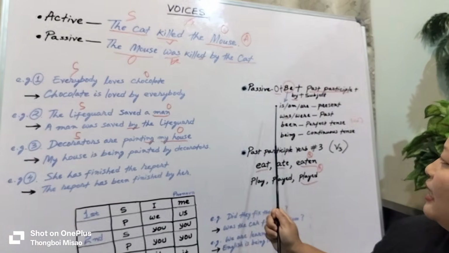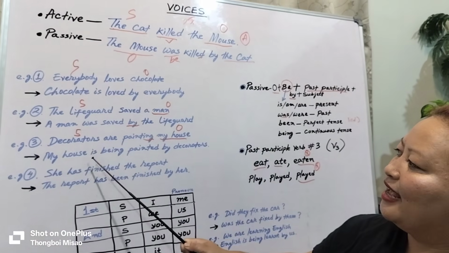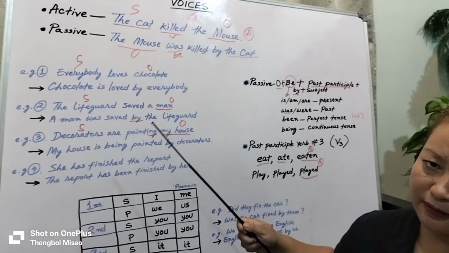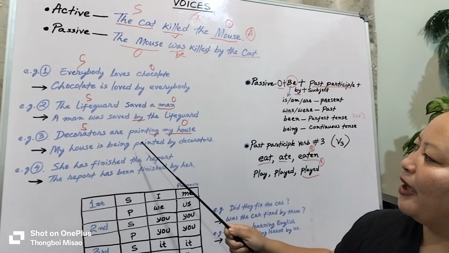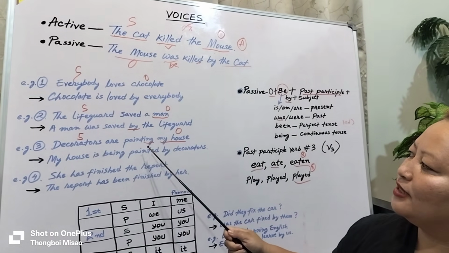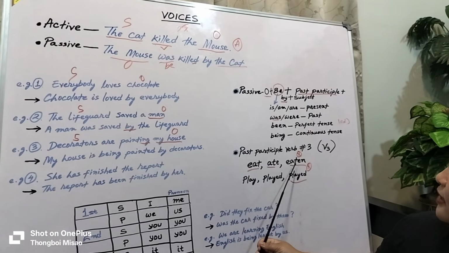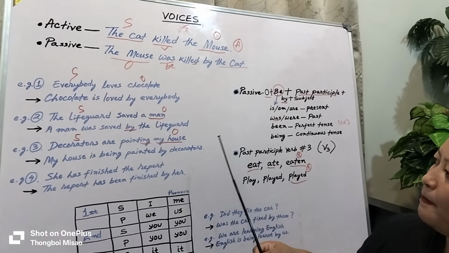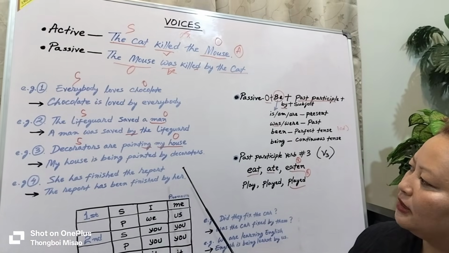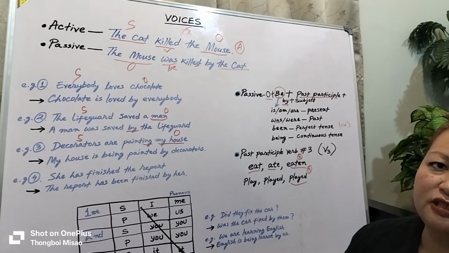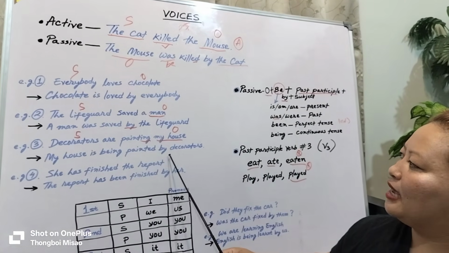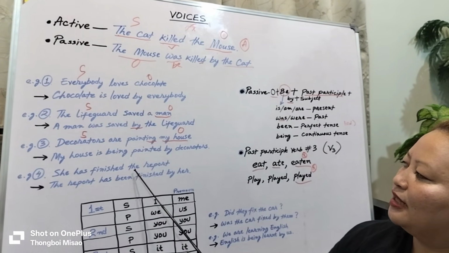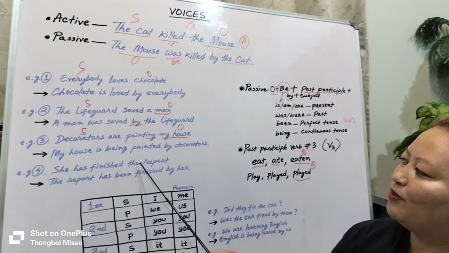"My house" is singular, so we use "is being painted". Painting changes into painted, that is, the third form of the verb, V3. Painted, by decorators. Then, "She has finished the report," which means